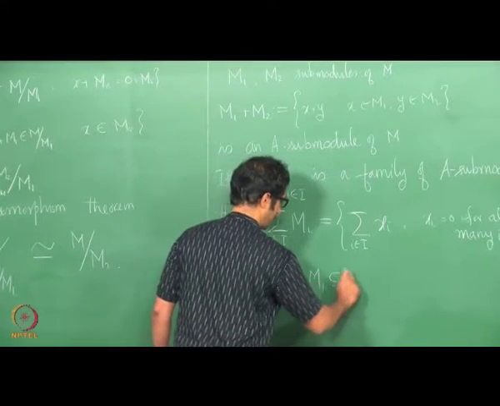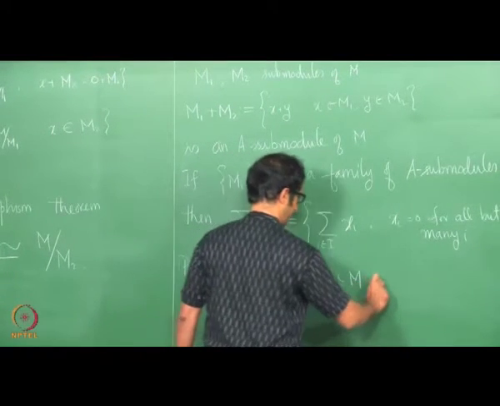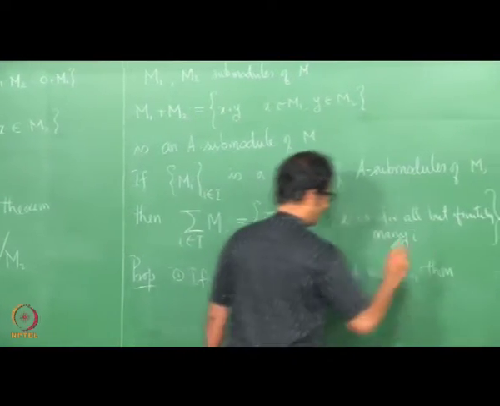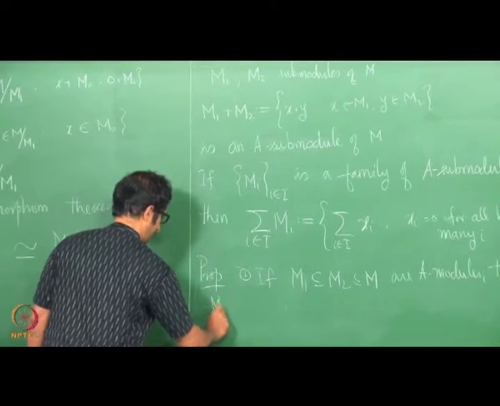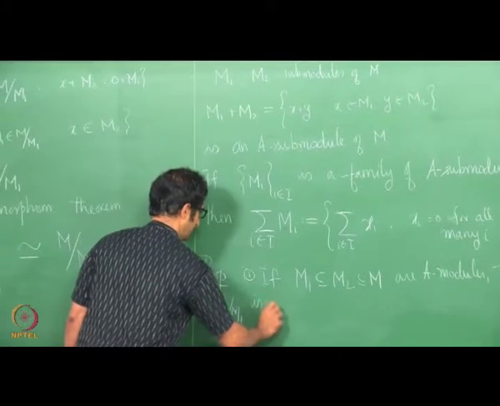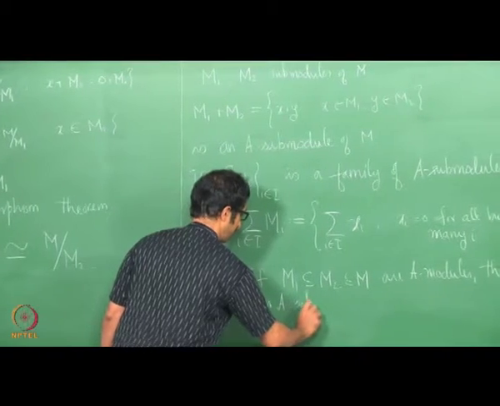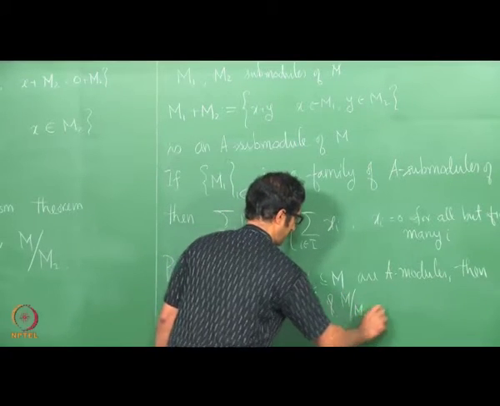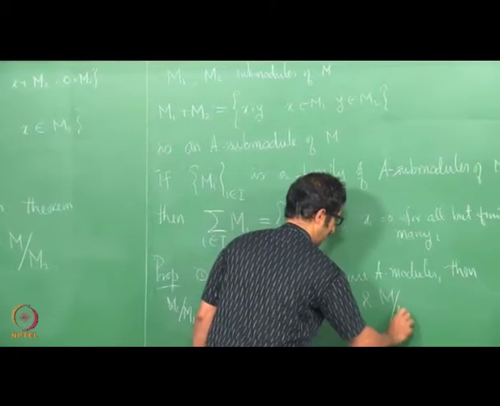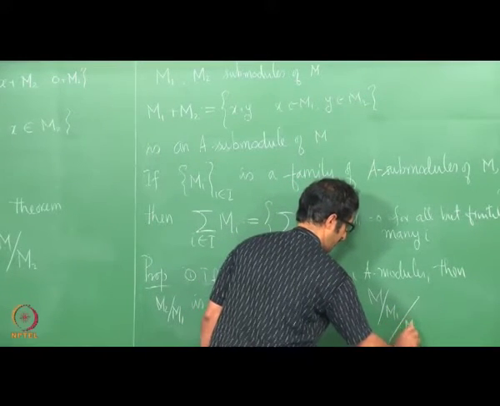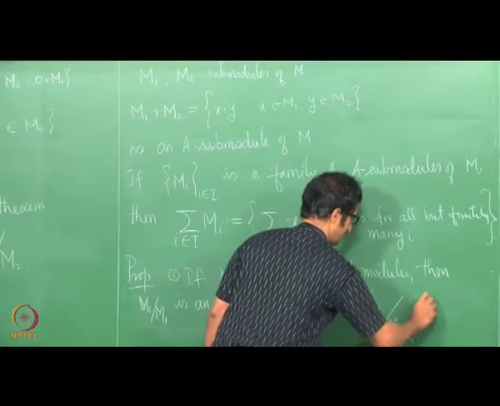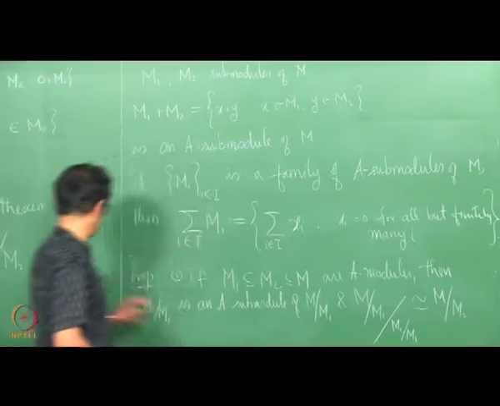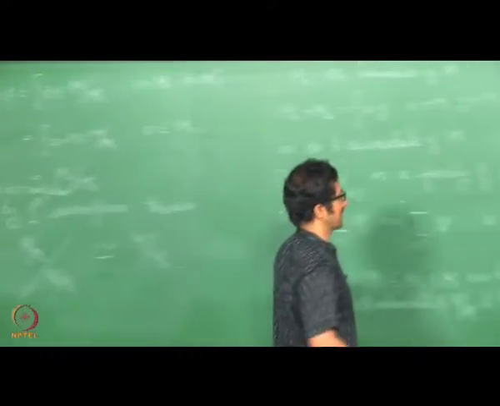If M1 contained in M2 contained in M are A modules, then M2 mod M1 is an A submodule of M mod M1, and M mod M1 modulo M2 mod M1 is isomorphic to M mod M2. That is the first statement that we proved earlier. The second statement is,